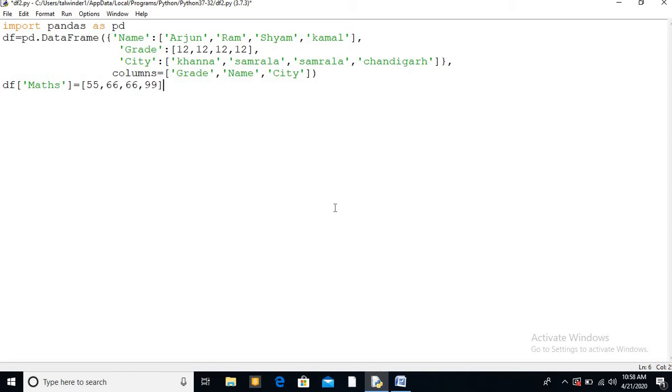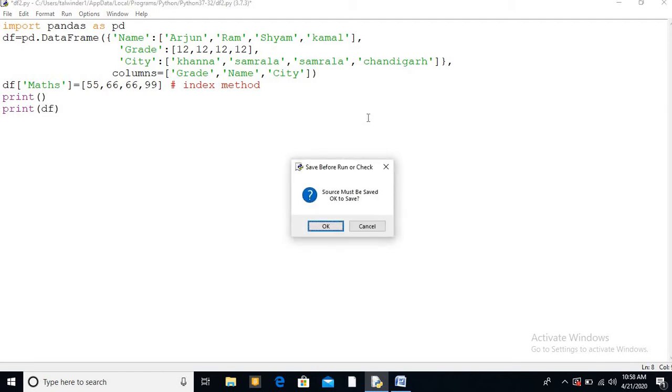Just for your understanding, I'm commenting this as the index method. So here we are inserting using the index method. I'm going to print one blank line, then print the same data frame. Now you see the output.